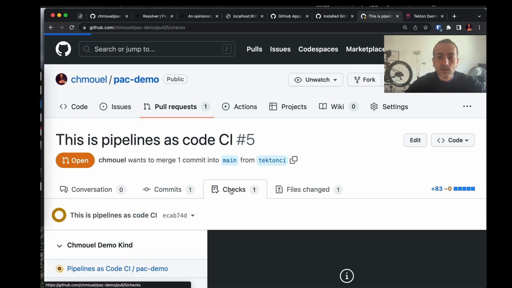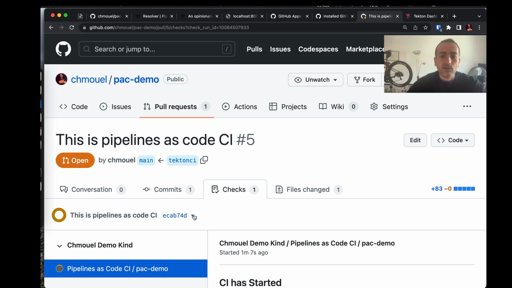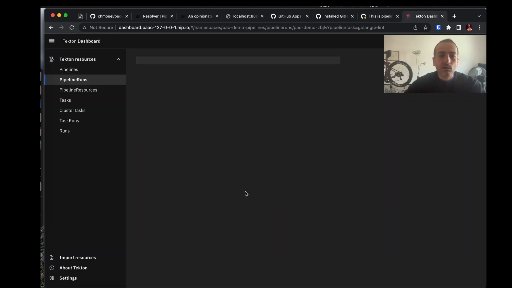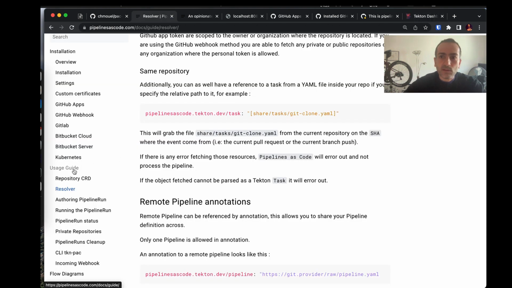So let's see, it's coming. Yeah, I think it takes a bit to get the image on my local cluster, but it should come super soon. Let's go back to the